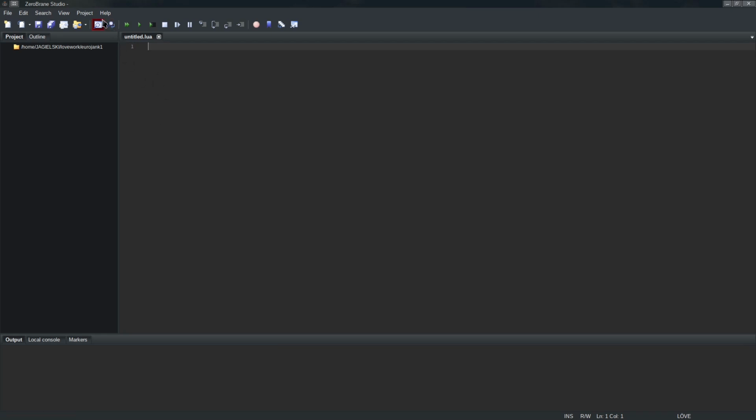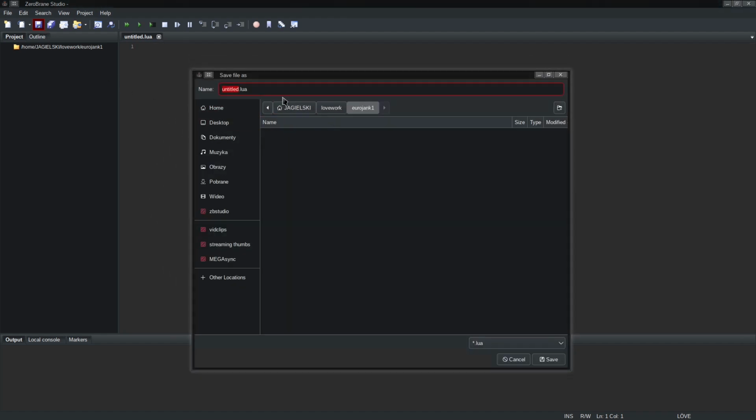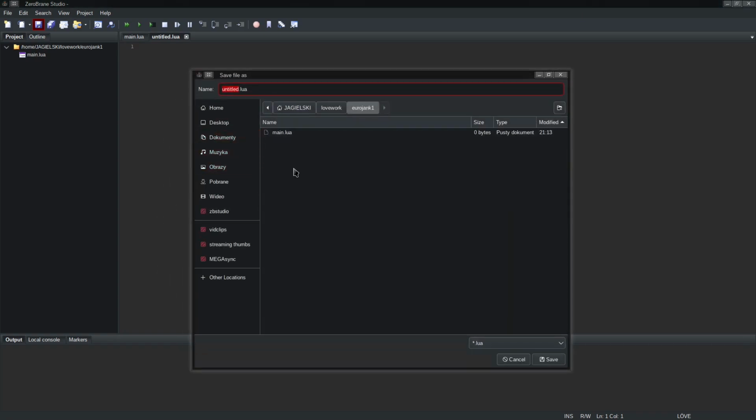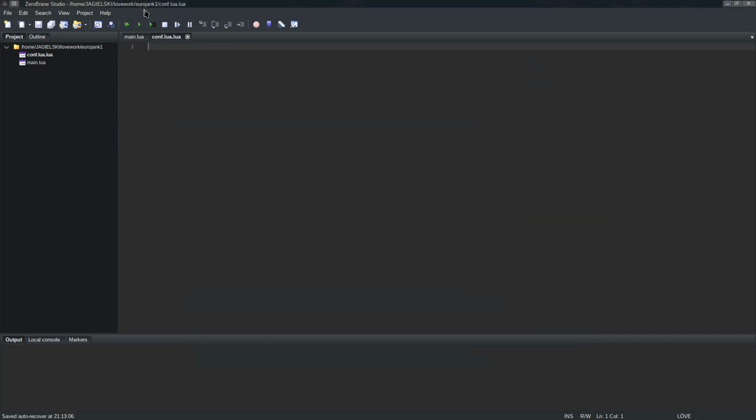So we need a main Lua file. So let's save this in as the main.lua, and we also need a config file which will be called conf.lua. Rename. Too many Luas. Yep. And